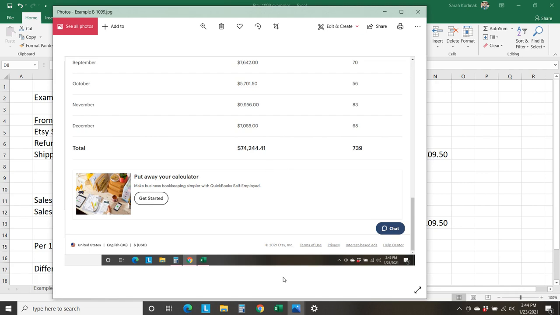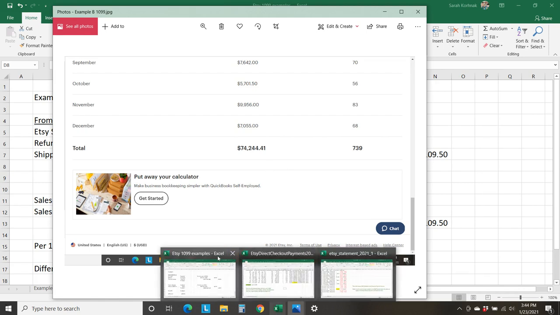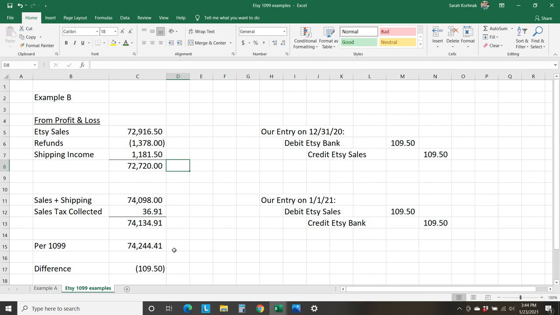Okay, back to our example. $74,244.41. And we have a difference of $109.50. So in the grand scheme of things, this difference is not a big deal. But I'm going to show you exactly why we have a difference so you can have confidence in my method